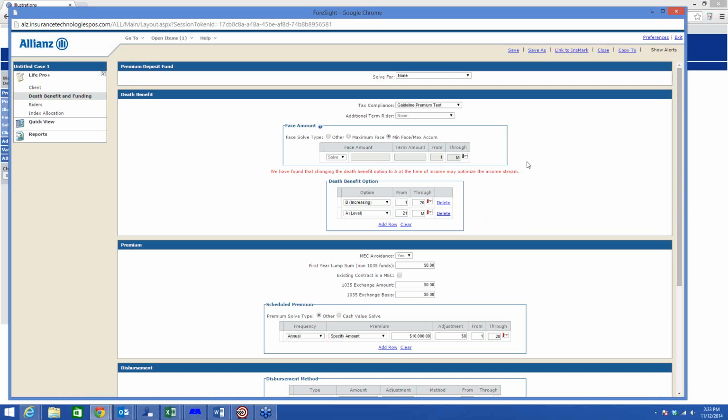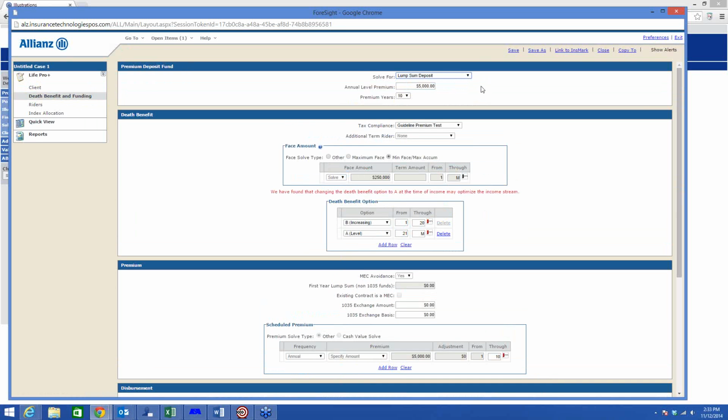A really slick feature of this specific product and this software is called the premium deposit fund. The only time you're going to use this premium deposit fund is if you have a lump sum that you want to put in up front. So we'll say that we've got a lump sum deposit. Actually, we're going to do annual level premium. So our lump sum amount, because we're solving for, let's say our lump sum is $250,000, and we want to get that $250,000 into this